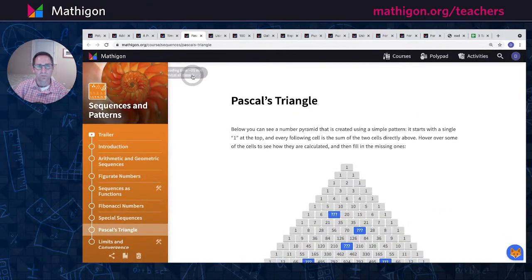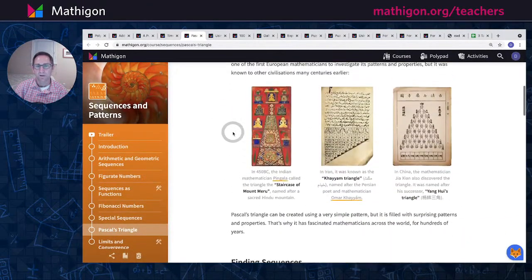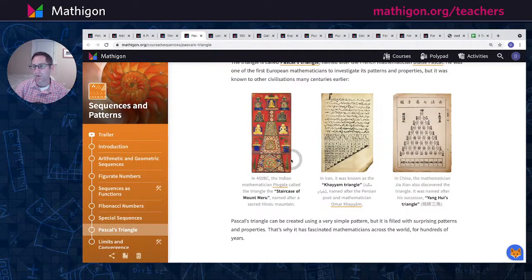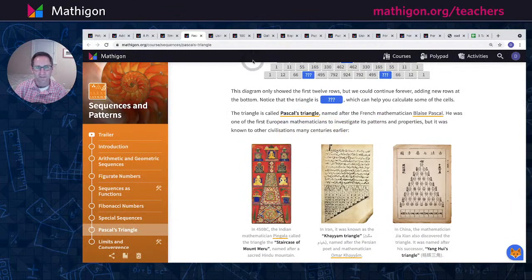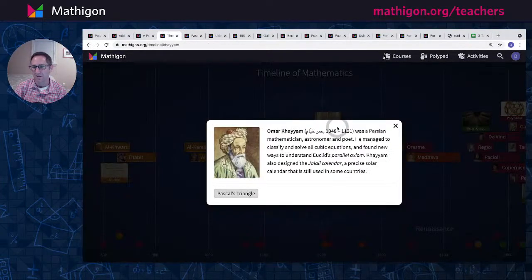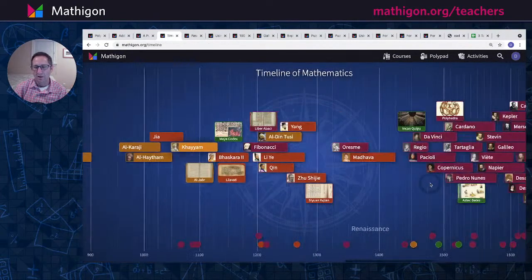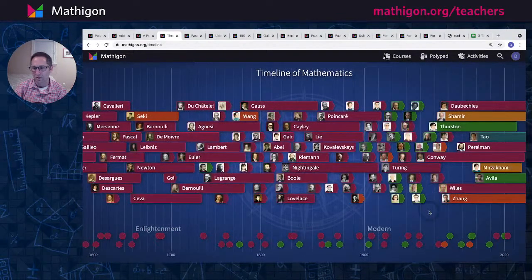And I'm going to reveal all steps. There is great information about other parts of the world that had thought about the patterns of this triangle long before Pascal. And so we can see that in the timeline of mathematics as well, all the way up to